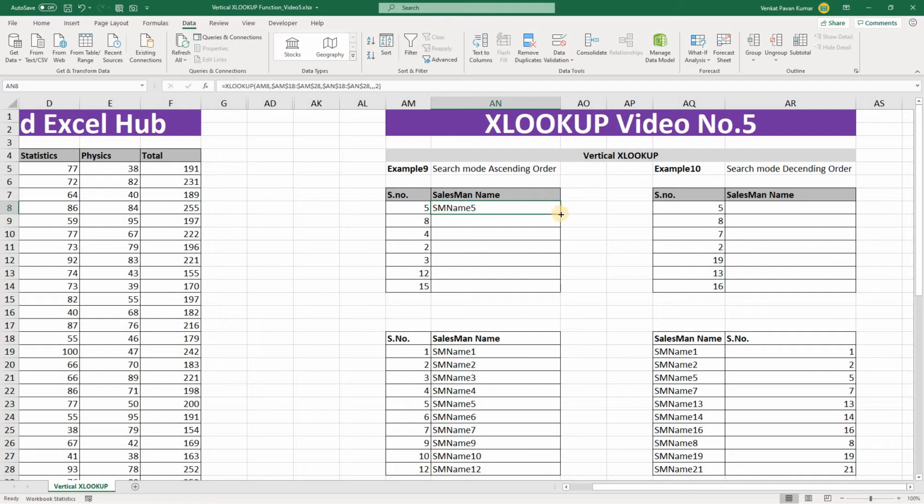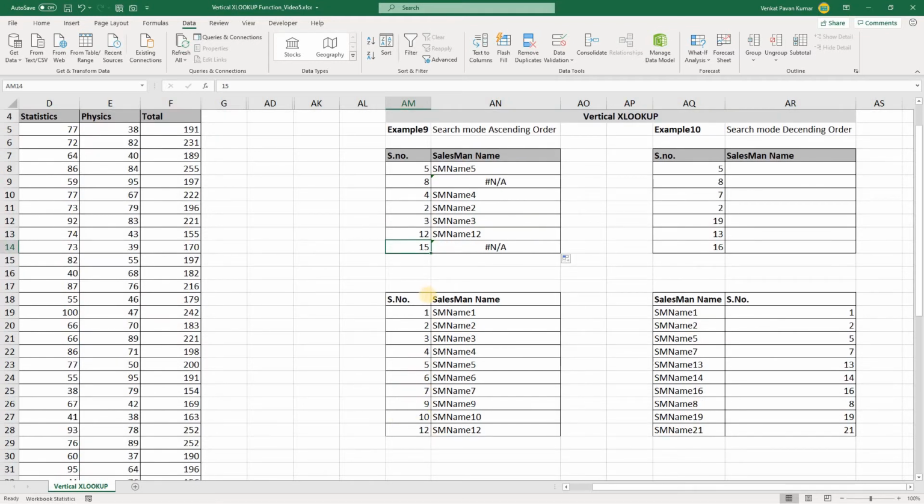Okay, so I'm going to drag this formula to the bottom cells. We don't have salesman 8 information and salesman 15 information in the source table, so let me add that information. Instead of salesman number 7, I'm going to make it 8. And 15 we also don't have, so instead of 15, let us update it as 9. Okay, we got salesman 9. Got it? Whenever your lookup array data is sorted in ascending order, you can use this method.